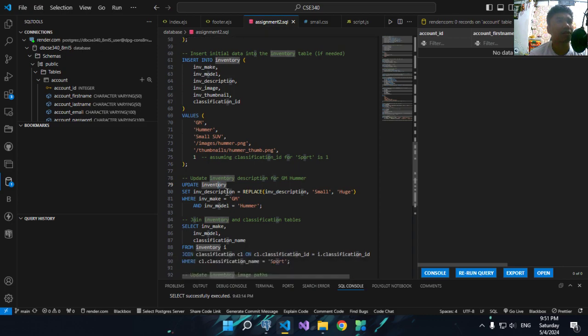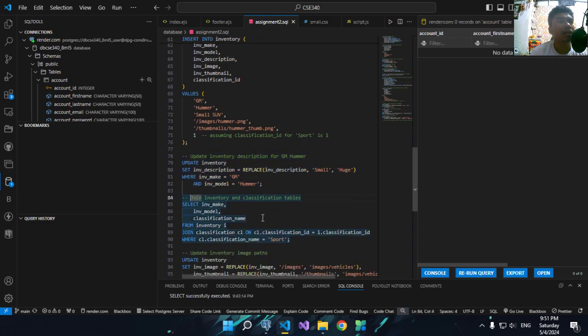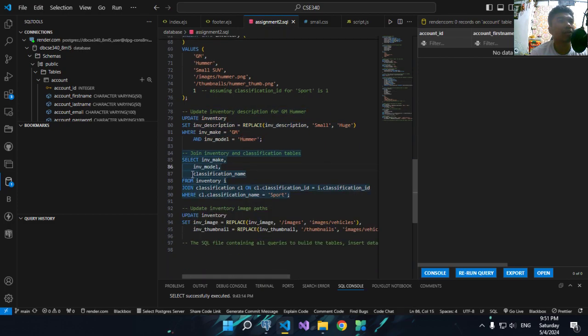After that, I set as inventory. Same as inventory is update, set inventory description, replace small with huge, where the column that should be updated is the GM. And the same for these two data types. And after that is the make.